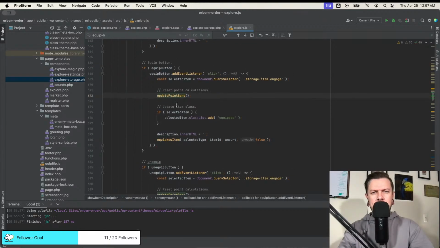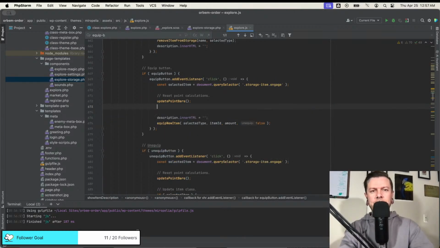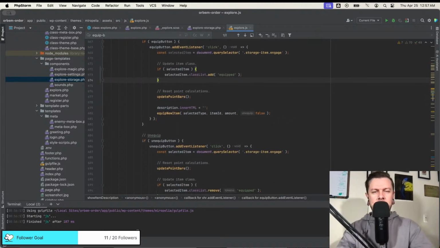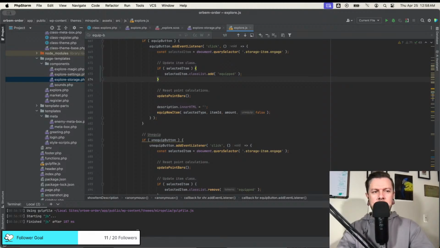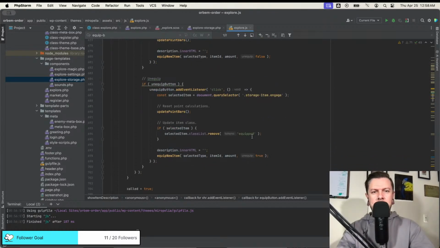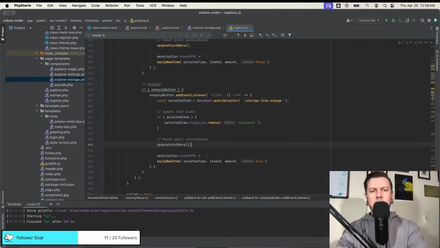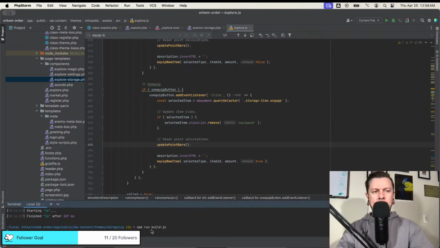So when I equip, oh, see, dummy. Okay. Equipped. And then here, I should remove it. Yeah. Gotta think with your brain. Okay. Very cool.